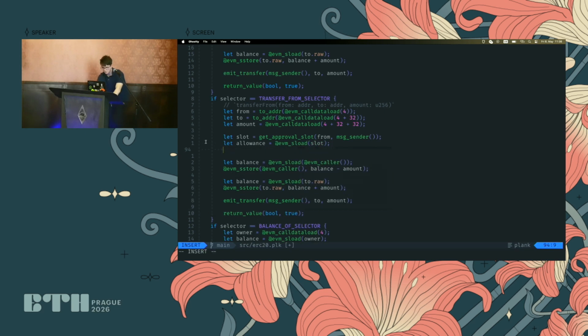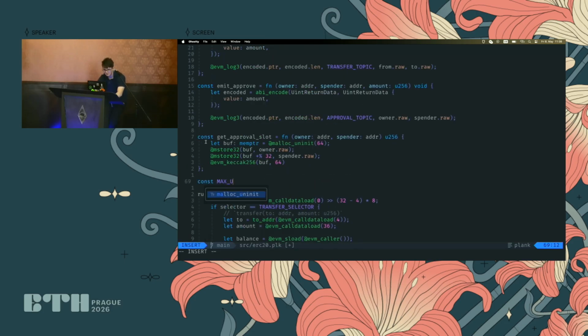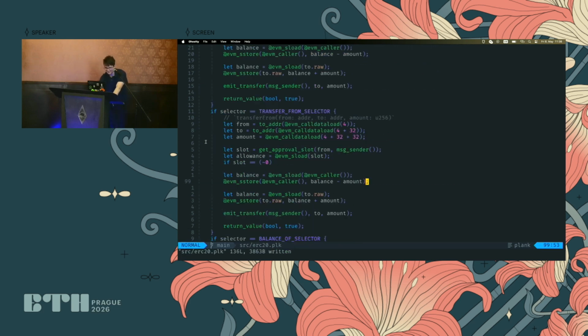And then what we want to do is see, okay, if slot is the maximum uint, so we can actually also do this as just not 0. There's many different ways that you can define the max uint. Actually, just so it's not a magic constant, let's do const max 256, and then that's another way to define it.